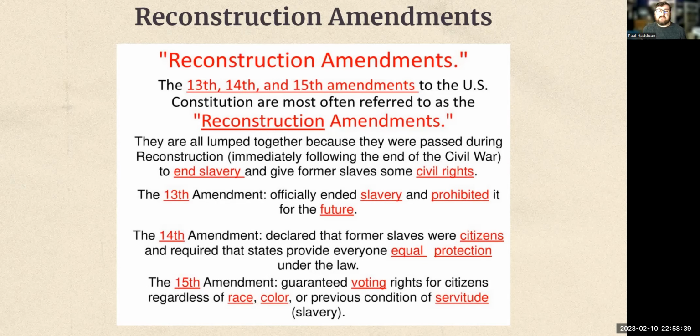So what are they? They're the 13th, 14th, and 15th Amendments. The 13th Amendment officially ends slavery and prohibits it in the future, except, and I don't have the full text here, but the full text is in your textbook. The 13th Amendment says that slavery is illegal except as punishment for a crime, right? And so we'll see as we continue on through this semester how that comes up and continues to come up, especially in the southern states. And a big offender is Louisiana. That little caveat,